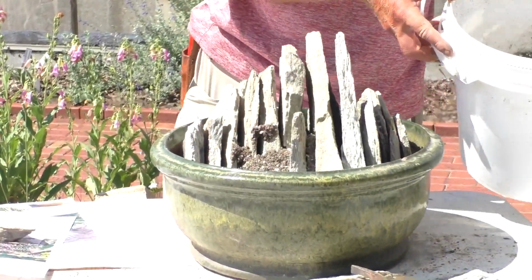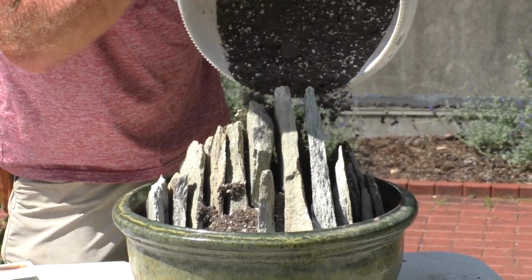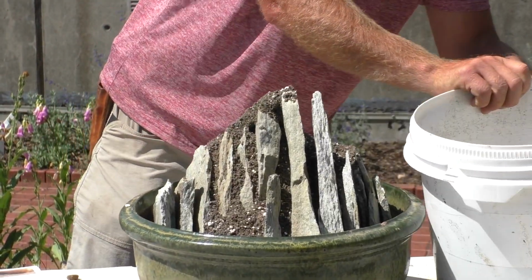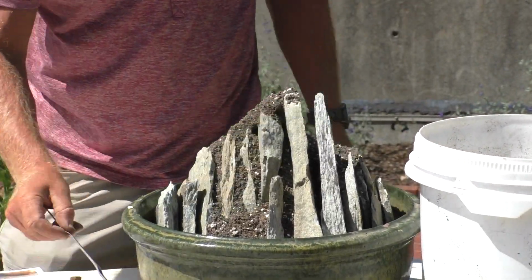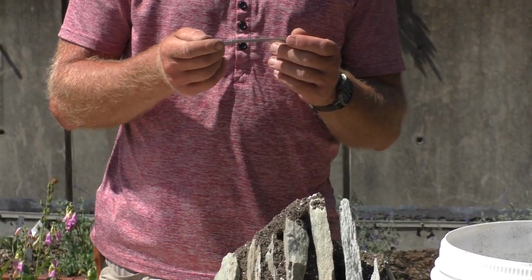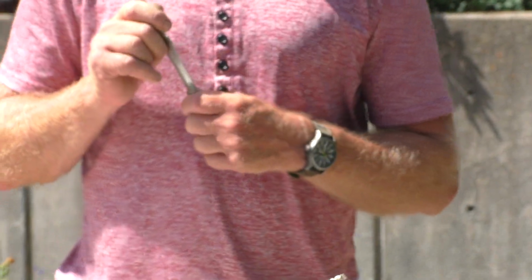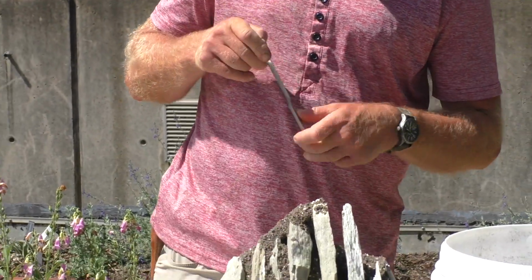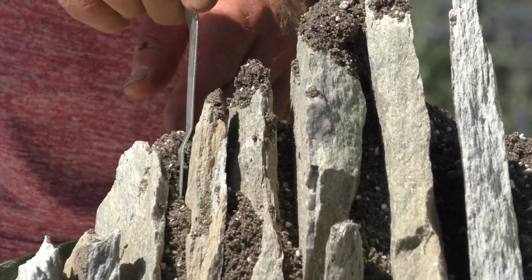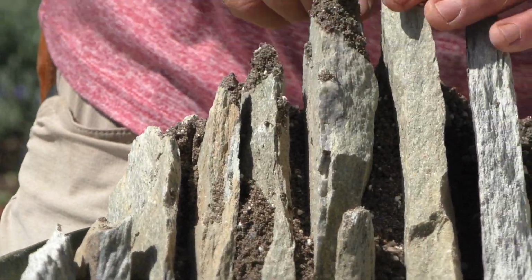So I'm going to fill in around these stones, I'm hoping this works out. It's been a while since I've done this. I have to work it down in here, and a little tool that Kenton gave me when he was here is actually a nut picker is what it says on it, but he called it, I think, a widger. You know, a hickamadoo, a thingamabob, he had his words for everything. He called it a widger, but I'm going to use that to kind of sift the soil down